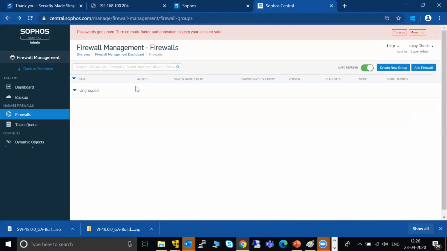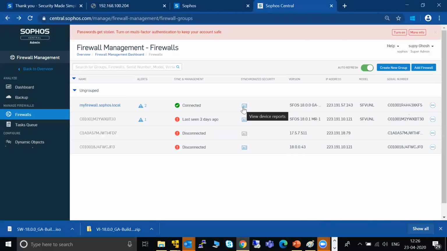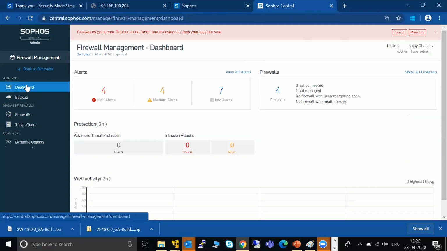Here it comes. It is always connected. It is the virtual machine, as you can see. This is the dashboard.